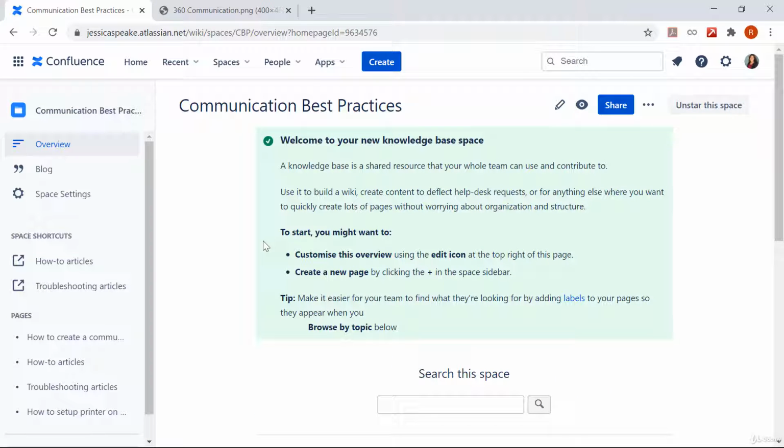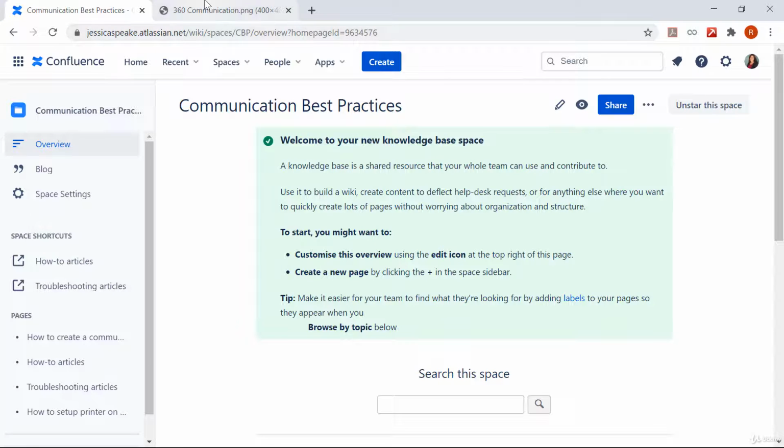One quick tip over here, since this particular page is created for communication best practices, definitely the team members who are looking for this information would want to be updated at all times whenever a new practice or a relevant document is added to this space. So in that case, for them to get notified and have the communication with them, it's advisable that if it's a blog post, encourage your team members to watch for new blog posts in their space.